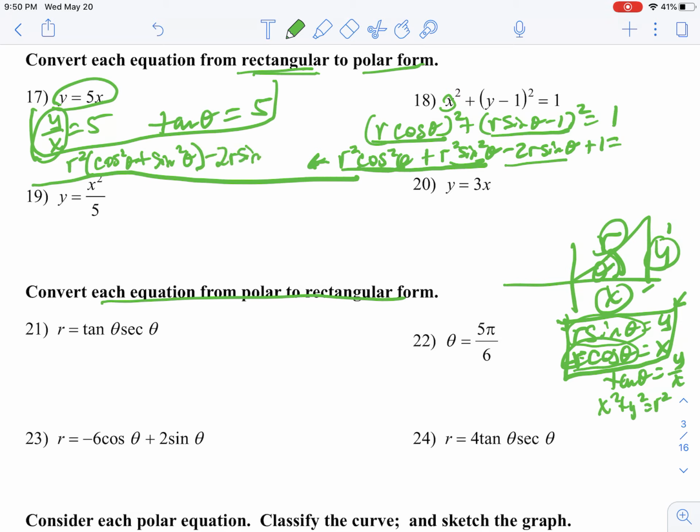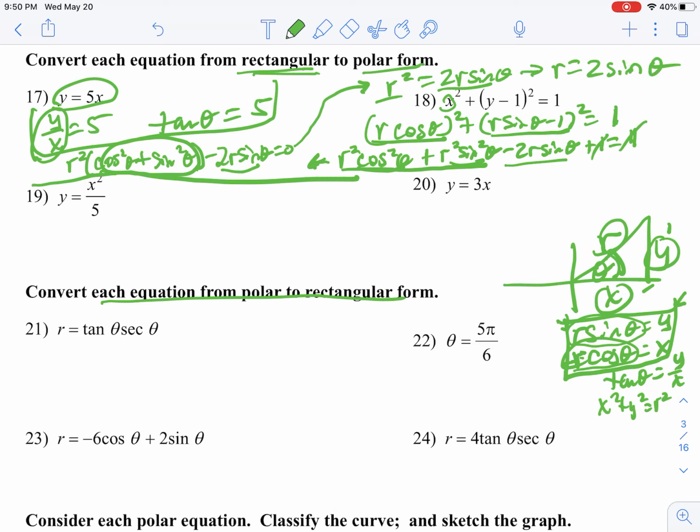Minus 2r sine theta. And when I carry my 1 down here, it cancels out, so that's equal to 0. Sorry for the confusion. I'm going to carry it up here. We know from our identities that's just 1. So I have r squared minus 2r sine theta, so I'm going to move it to the other side, equals 2r sine theta. And I can cancel out the r from both sides, and so I get r is equal